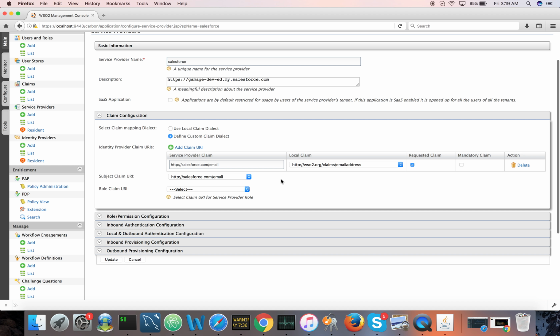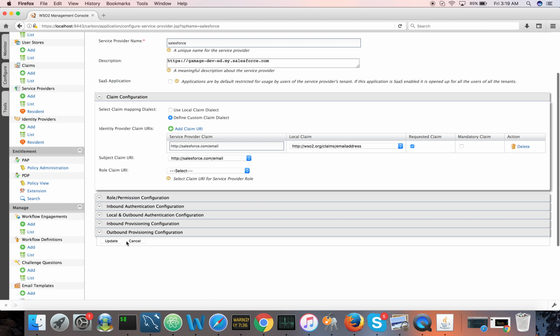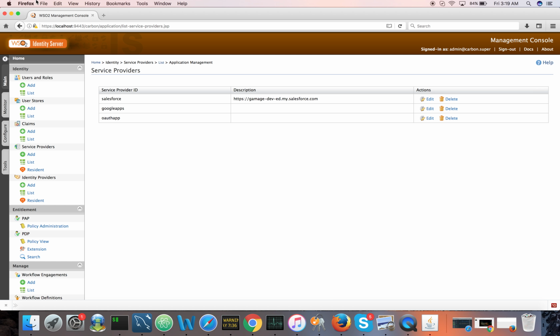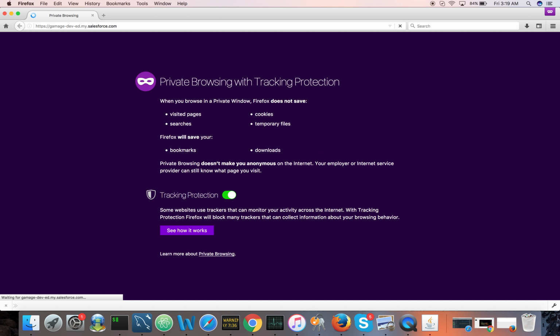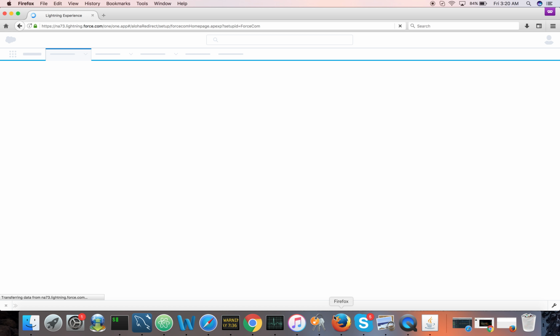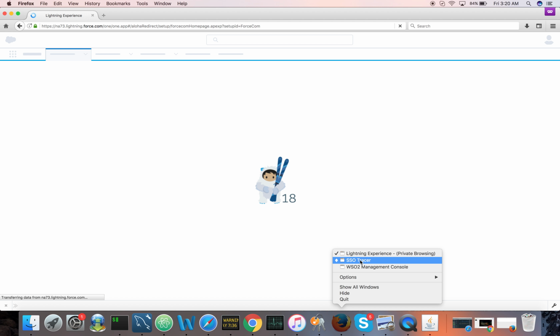So this is a dynamic claim mapping we created for this particular service provider. Done. Now let's see what will happen when I try to log in again. If I open up a private browser again, try to log into Salesforce. Okay, I'm logged in, and if I look at the SAML tracer,